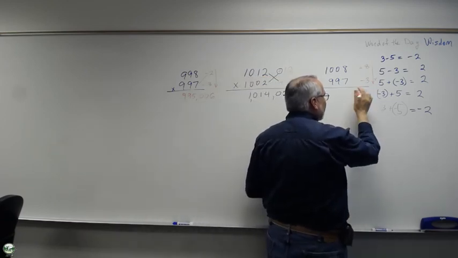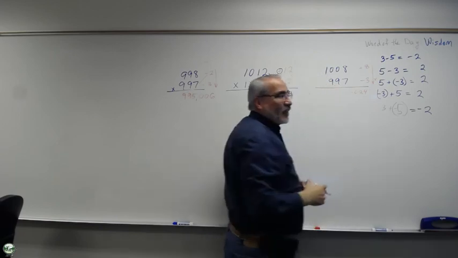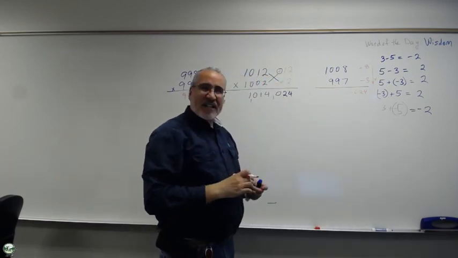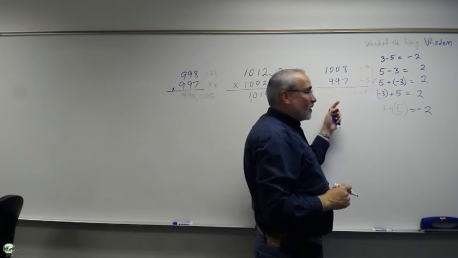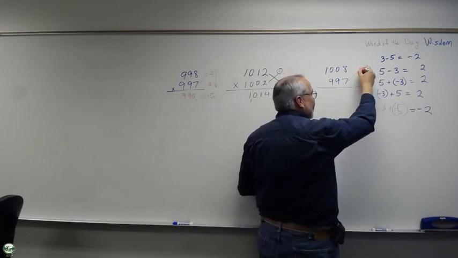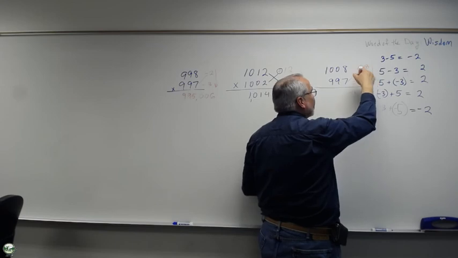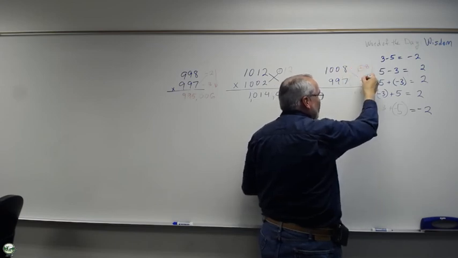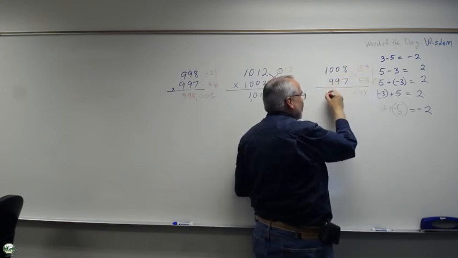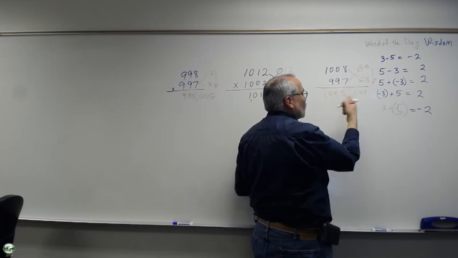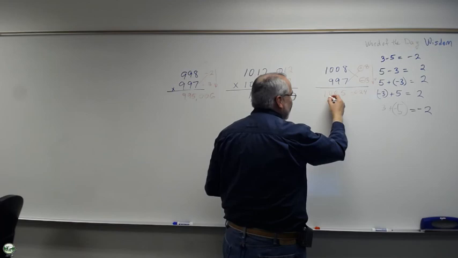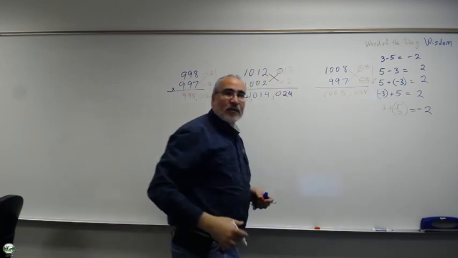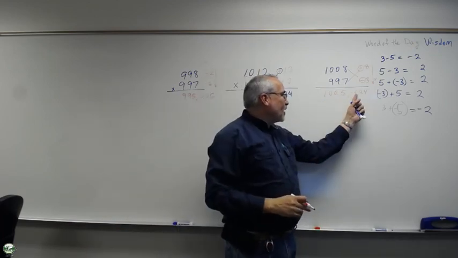And actually, I'll put the 0 in there. This is where the difficulty comes in a little bit. And then what do we get on the front? Well, either 997 plus 8 or 1008 minus 3. Either way, we get this number. Now, it's a weird way to write numbers because what we now need to do is subtract 24